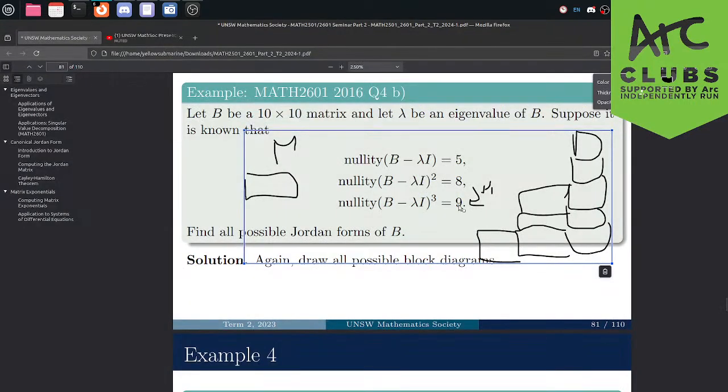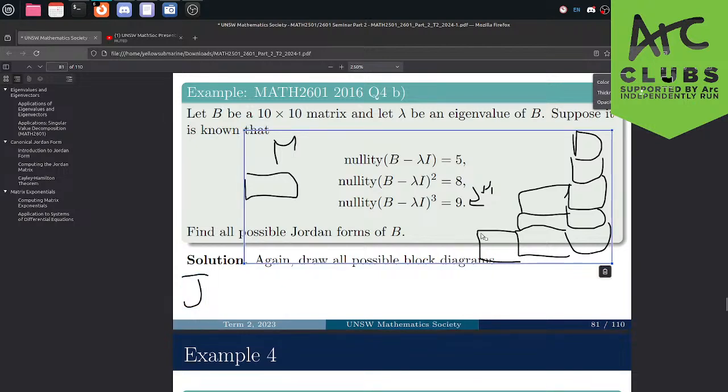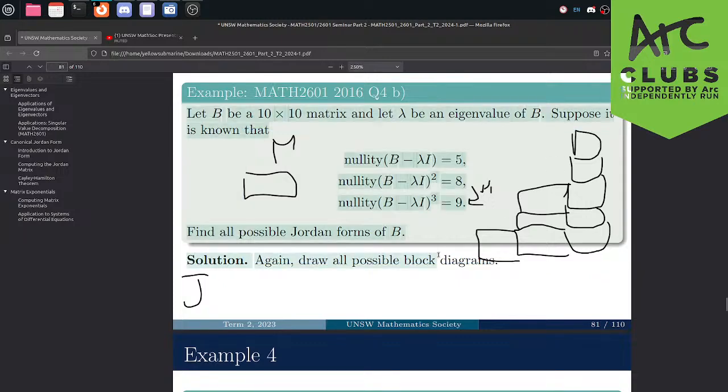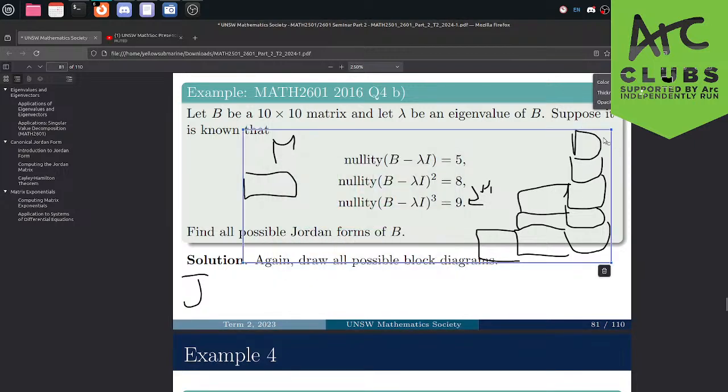So to represent this as different Jordan forms, the one way you have everything as one eigenvalue is you have J. You sort of represent this as the Jordan chains. So each of your Jordan blocks is going to be a Jordan chain, which is kind of confusing if you don't distinguish each of these individual blocks from actual Jordan blocks. So think of what I'm talking about as Jordan chains.